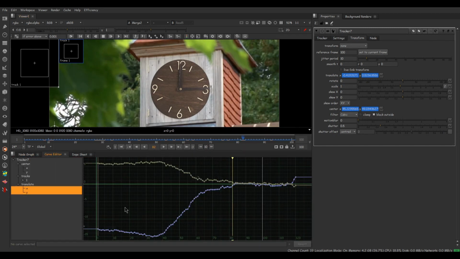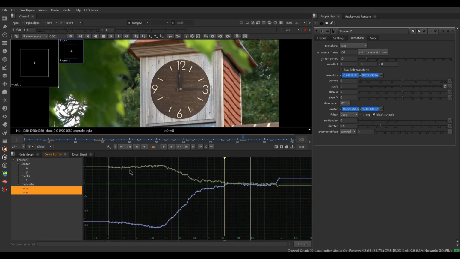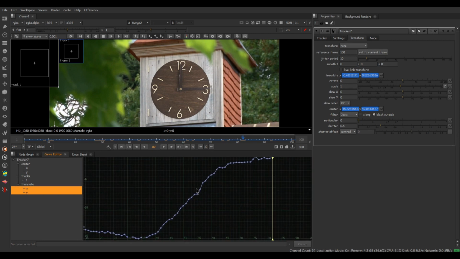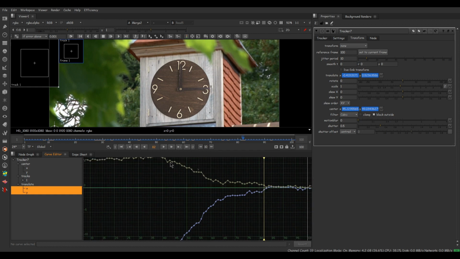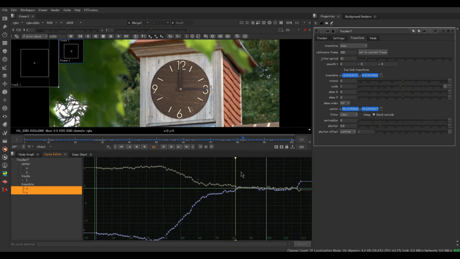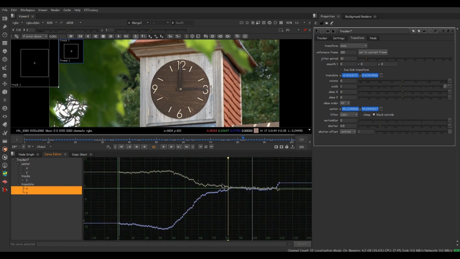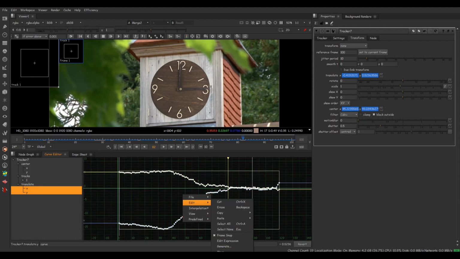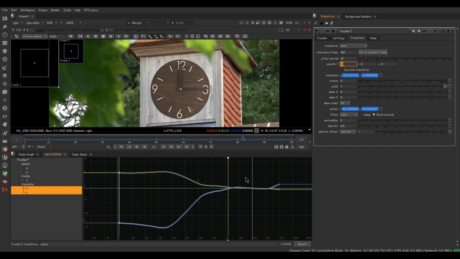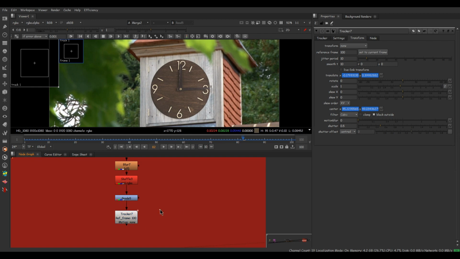In the curve editor, you can see translate curves. Select both x and y or any coordinates you want the value to be used. You can see lots of jitters here. We need to fix these jitters. And in Nuke, we have some options for that. Select all these keyframes in this graph and right click, edit, filter, or else just come back here. Over here you can see the smooth option. I'm giving the value of 10 and see the curve is much smoother now. Come back to the node graph.